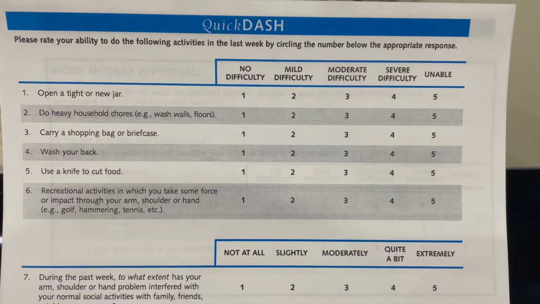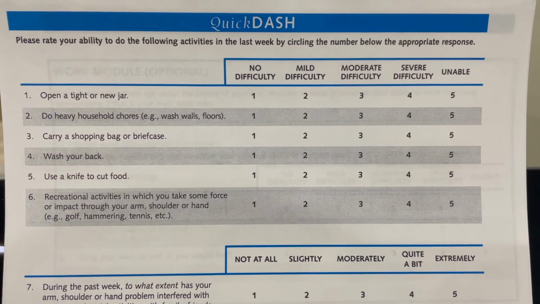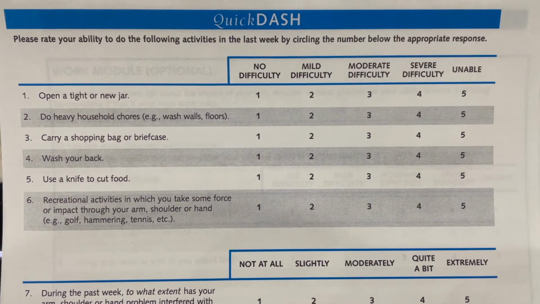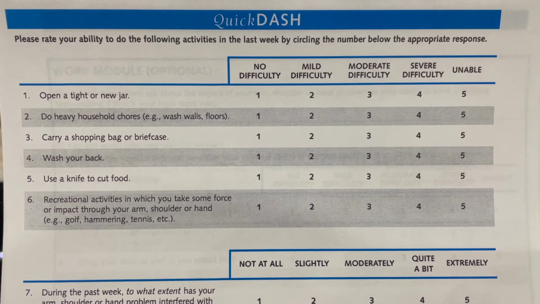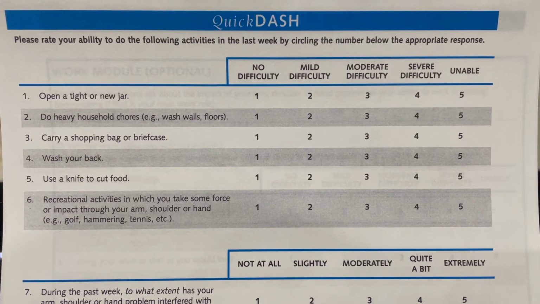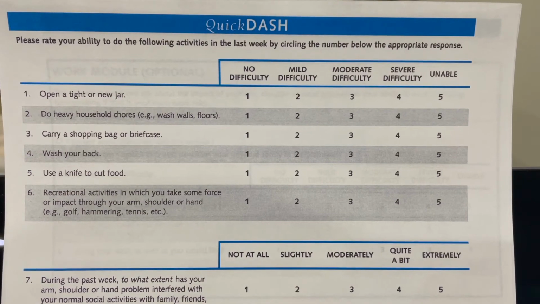Meaning number 1 means no difficulty, 2 means mild difficulty, 3 means moderate difficulty, 4 means severe difficulty, and 5 means unable. Now that is your scale for the first 6 questions, and then they will change slightly throughout the rest of the questionnaire. So for the first 6 questions, open a tight or new jar, doing heavy household chores